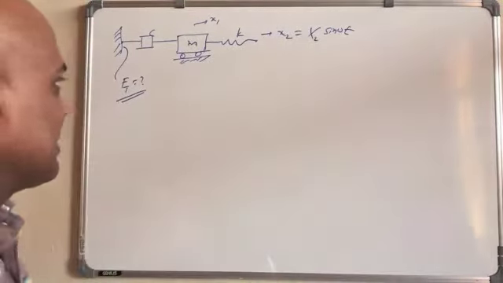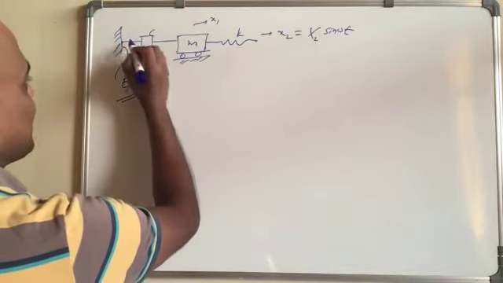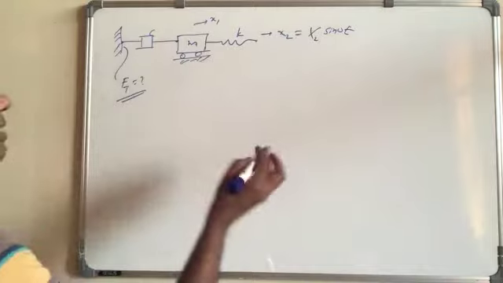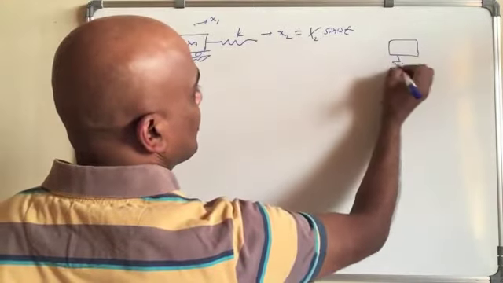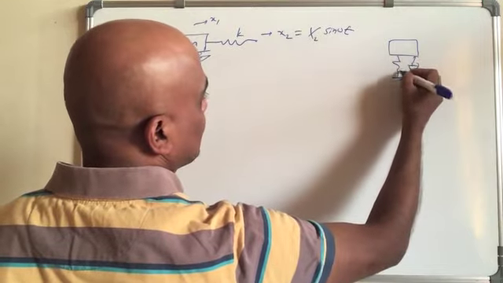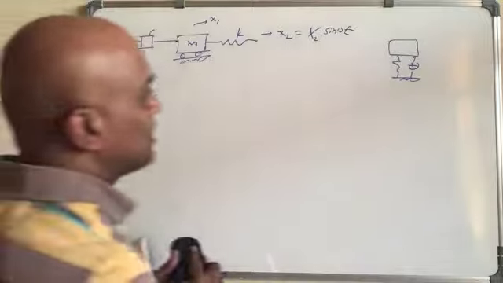In this case, the connection between this and this is only a damper, unlike the other questions where you have both a spring and a damper, and the force because of both is transmitted. Here only the force because of the damper will be transmitted.